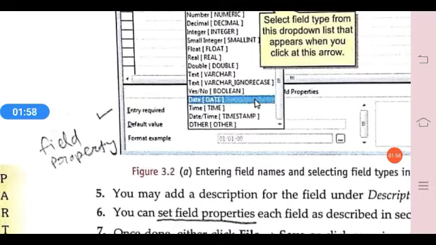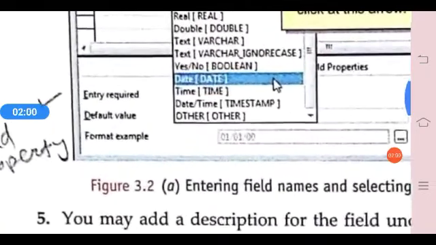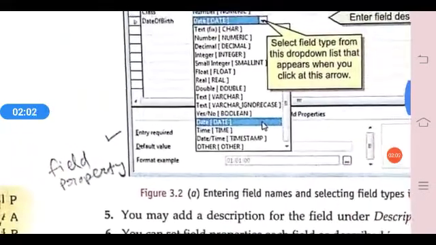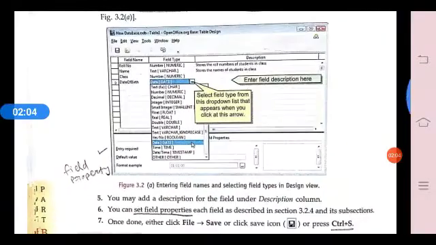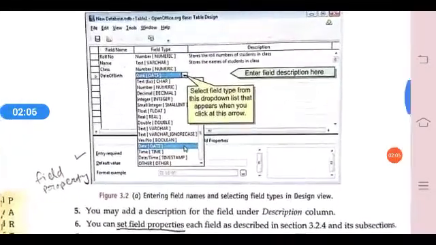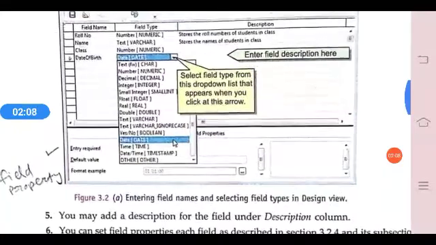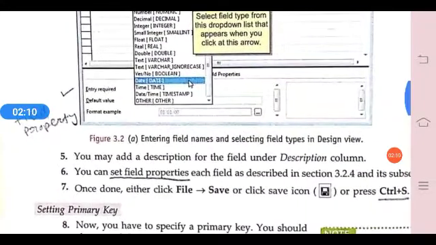In the field property option, in the lower section of this table design window, field property options are given. For example, entry required, default value and format example. You will specify the field properties.